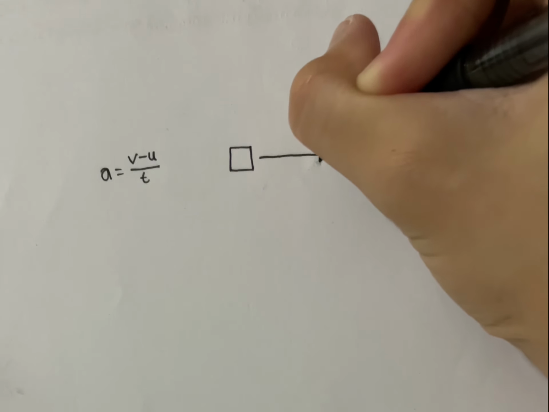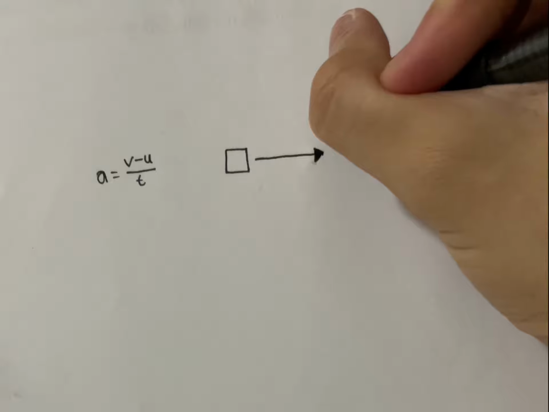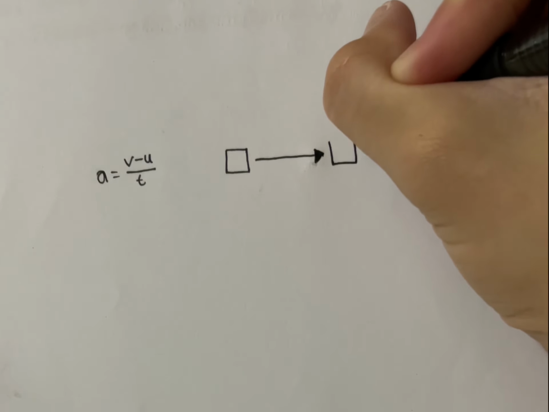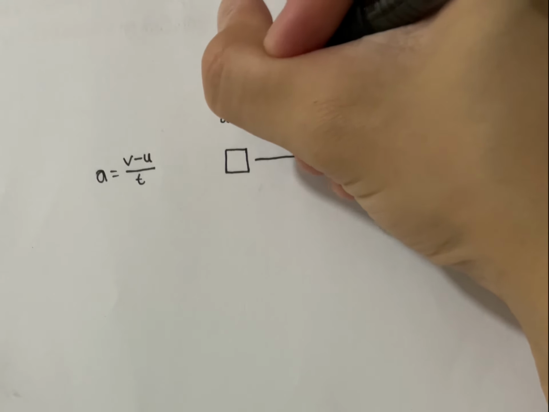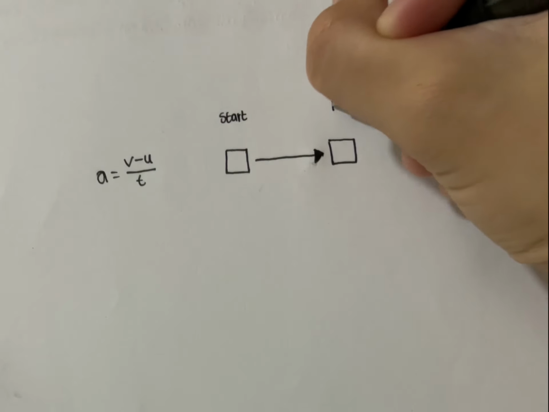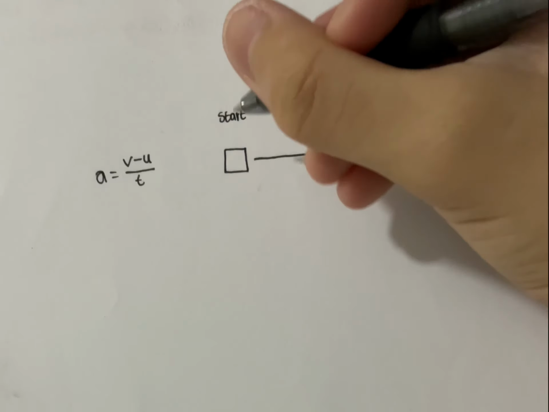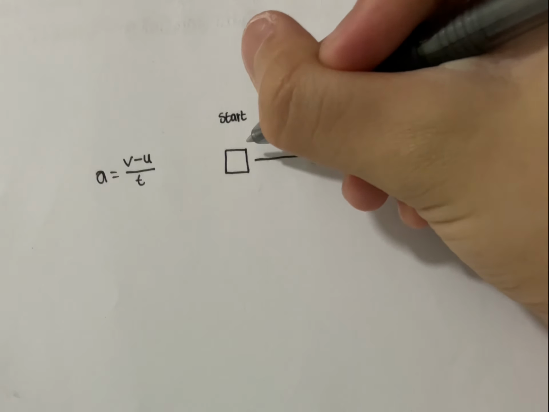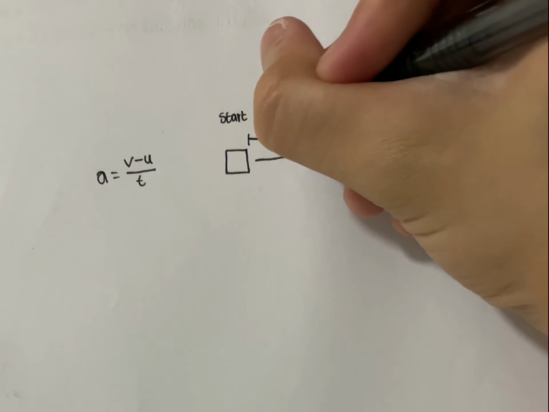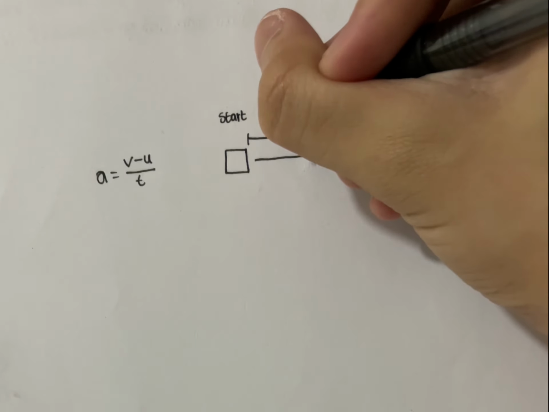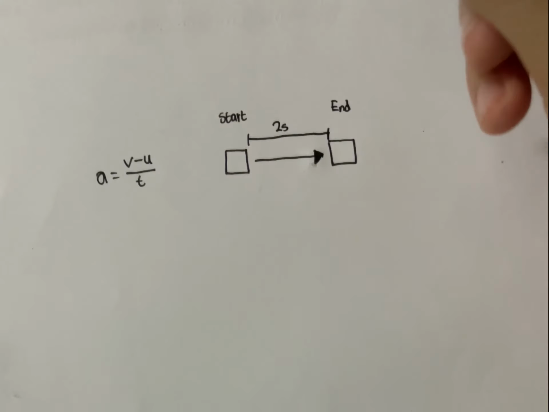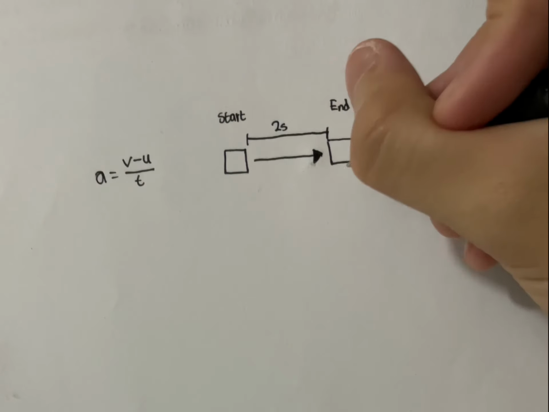I'll just draw the start and end points. Start, end. Okay. So now, let's just say this car took a period of 2 seconds to reach its start and end points,